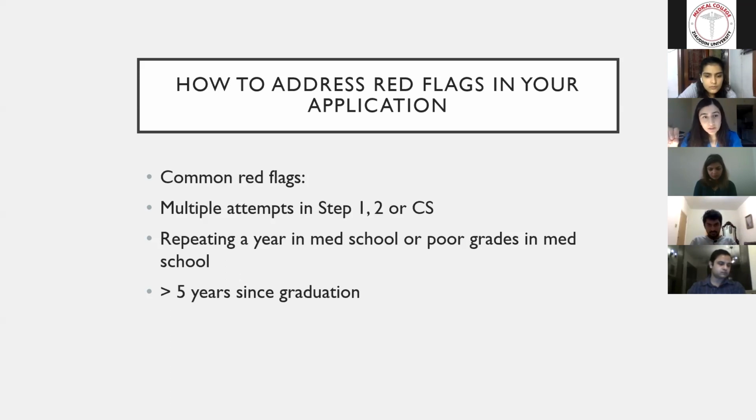They mention these things in their program, but I think it's important, if you're very interested in the program, especially if you know somebody who can vouch for you, either email them or apply and email them and tell them you've applied and explain your red flag, because programs make exceptions. They like good hard workers, and just because you did poorly in one thing does not